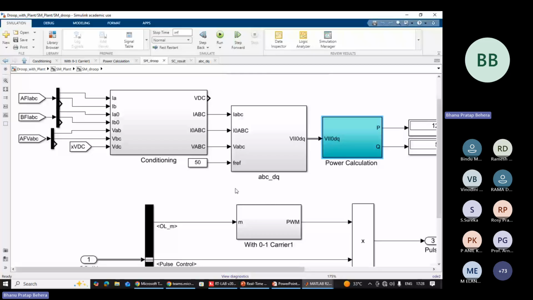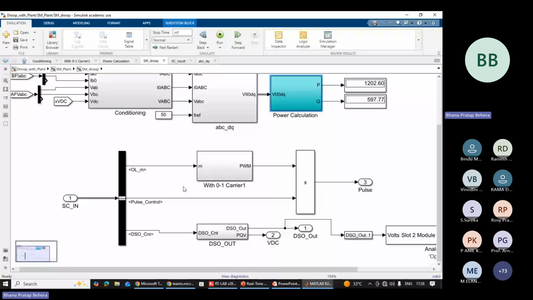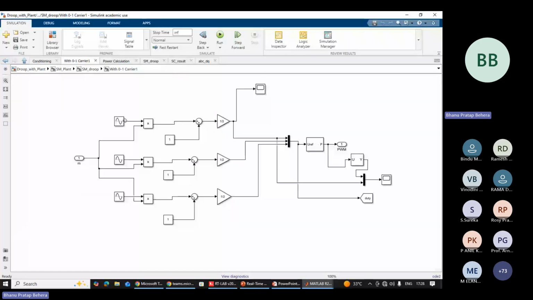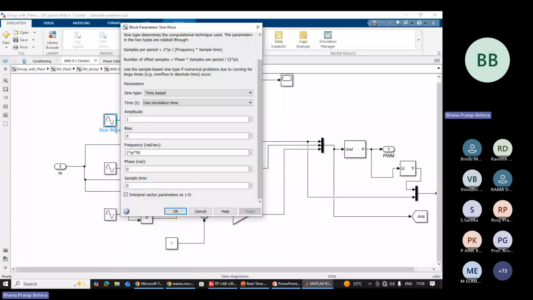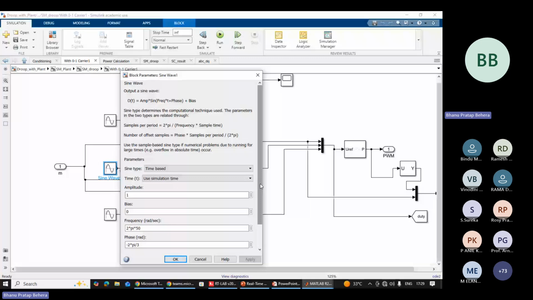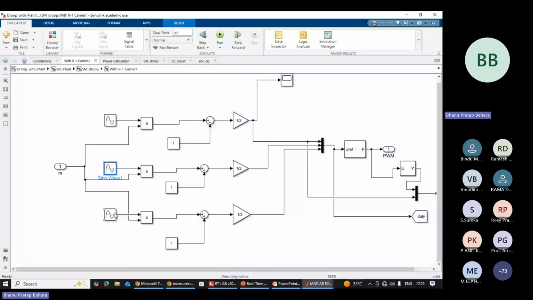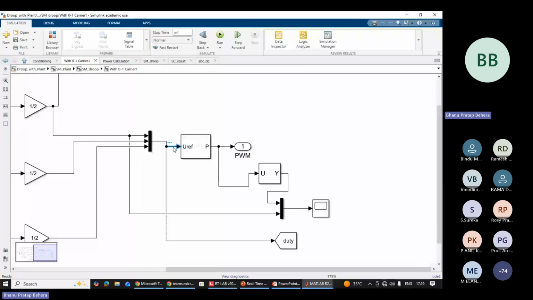And whatever we did here, this is the open loop control. We have a sine wave reference signal of amplitude 1 and at a frequency of 50 hertz. Similarly, this is another sine wave at amplitude of 1 and 120-degree displaced. Similarly, this is 240-degree displaced. Altogether, we have added them and we are generating the reference duty signal, and you are using this